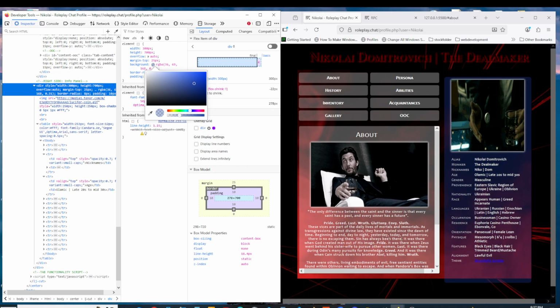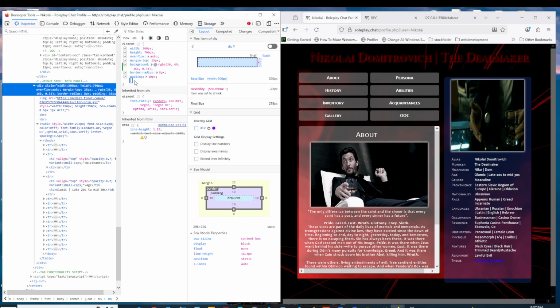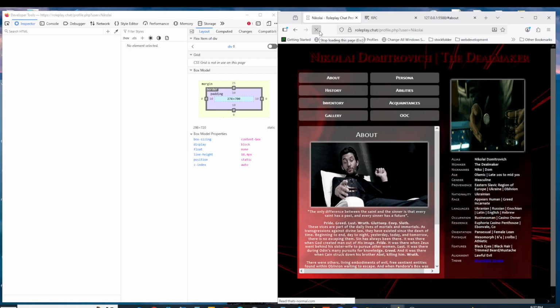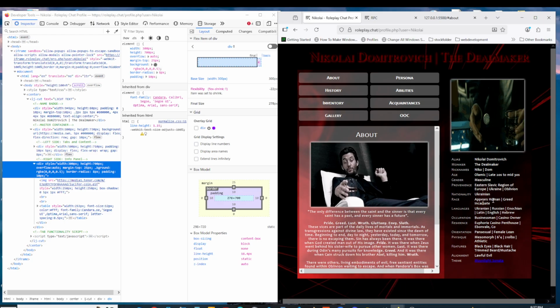But when you do this and you find something you like, right? What you're going to want to do is you could just go up here, highlight this whole thing, push Control C, paste it in WordPad or whatever, because all the changes you make right here, check this out. You click refresh, they go away. Those are just temporary changes, but you could solve a lot of problems with that, right? Okay,